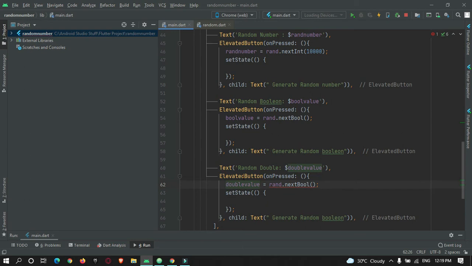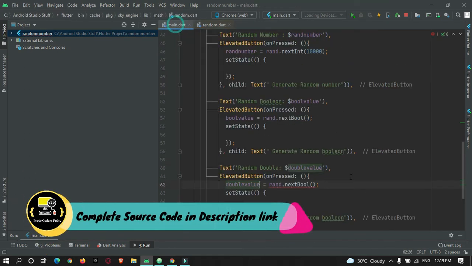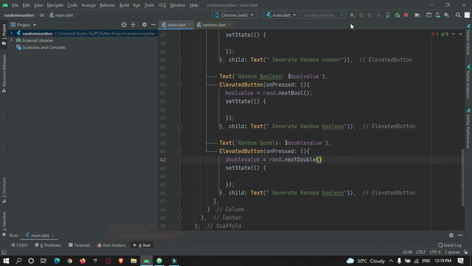For generating a double value, as you can see, there is a method provided, so you just need to call it, nextDouble. Okay, restart. I need to stop and restart.